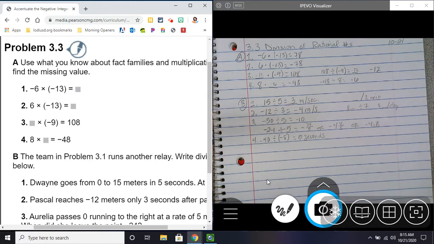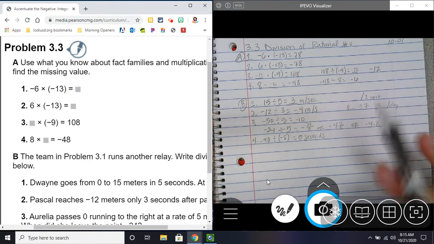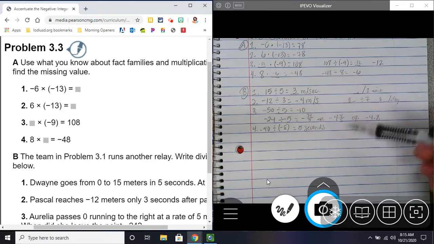I feel like this one probably confused you a little bit, maybe because the question is different. It says, how long will it take her from the time she passes 0, and not what rate is she running at. So